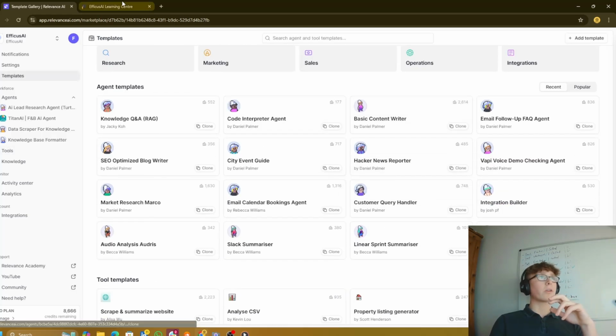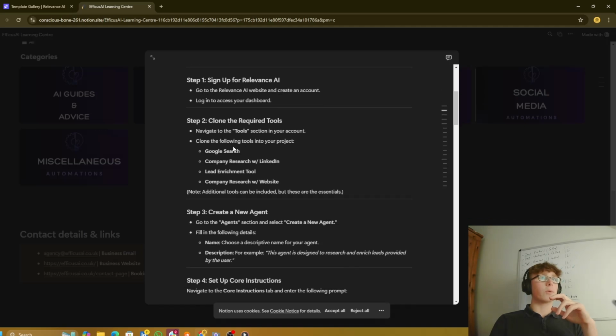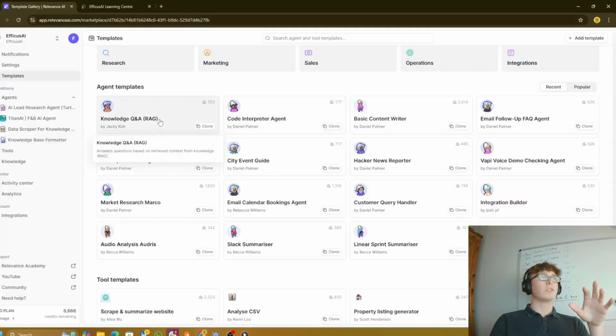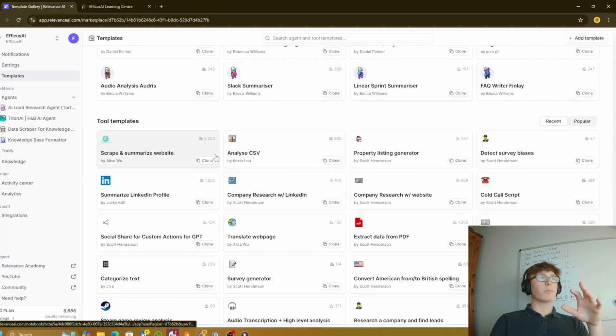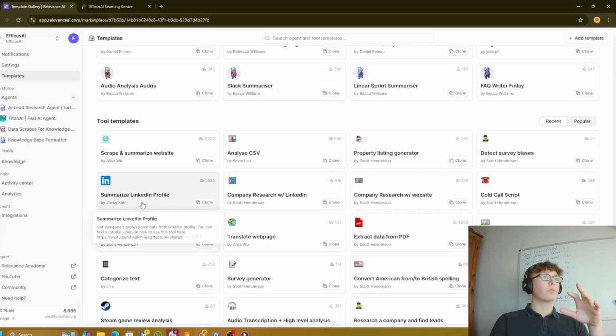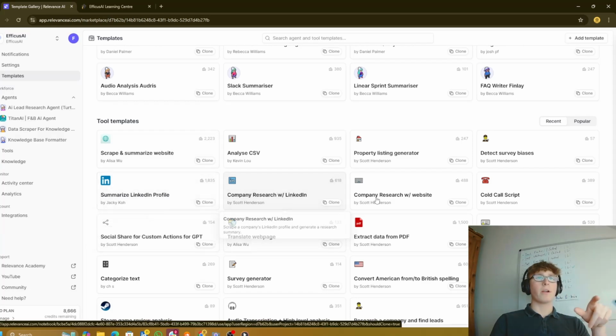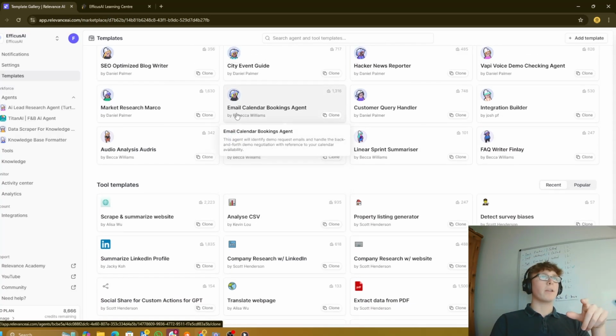So the tools that we are looking for have been listed here. We're looking for Google search, company research with LinkedIn, lead enrichment tool, and company research with website. You can also add additional tools, but these are the main essential ones that we're going to be dealing with today. If you just look through, these are the agents we're looking for. What was it again? Company research with LinkedIn, there's one of them there, company research with website, and then you can just type in